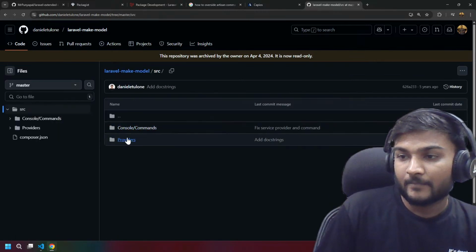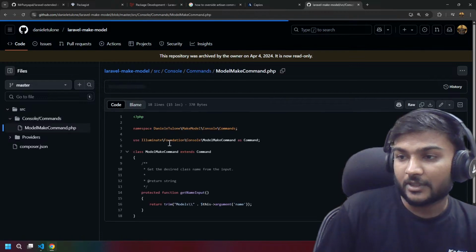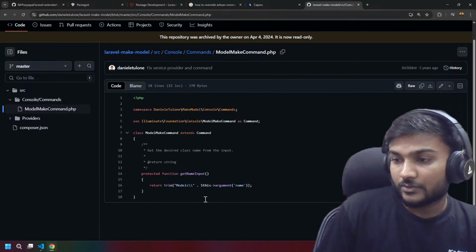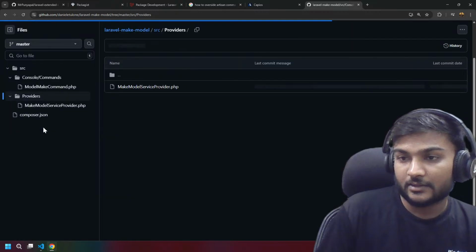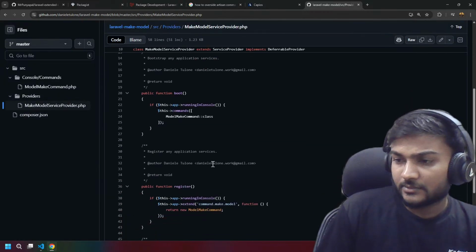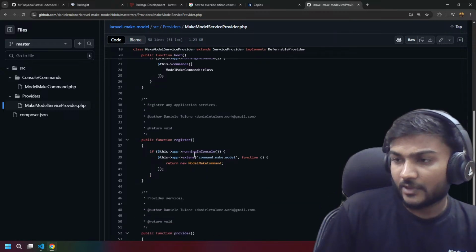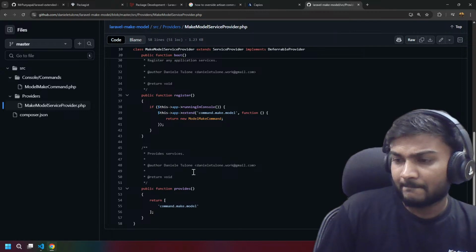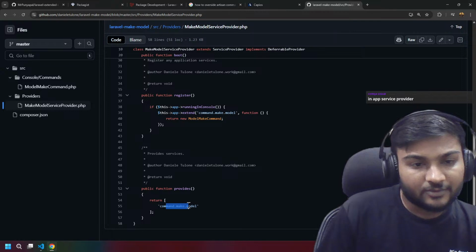SRC commands, make model command. So yeah, it is doing something. Okay, right. Providers command in app service provider.